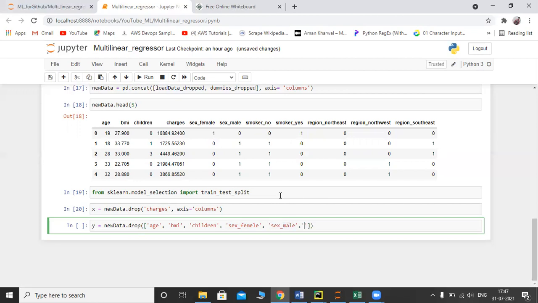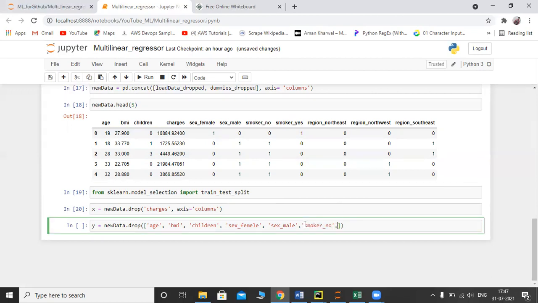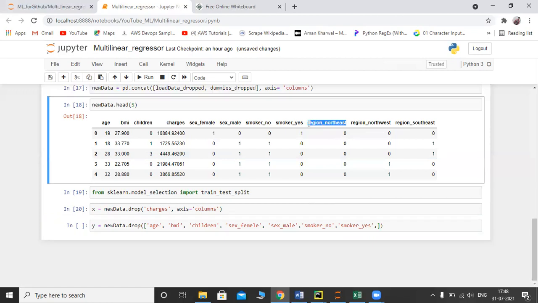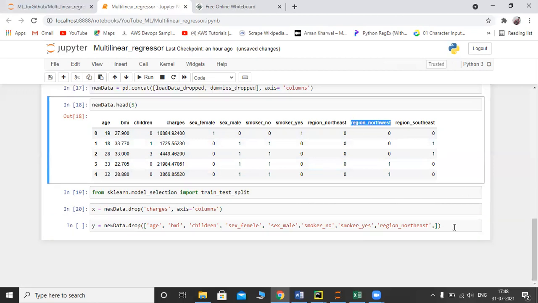Then I will drop smoker no, smoker yes also, and then region northeast. Except charges, I'm dropping everything for the dependent variable, so y is our dependent variable.